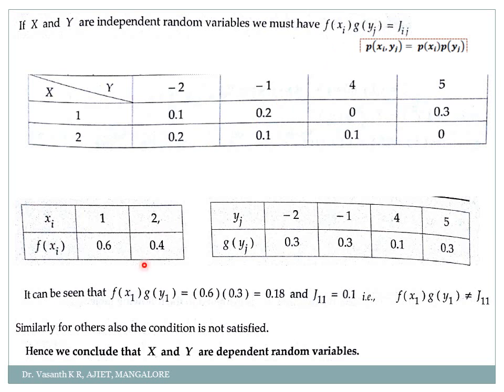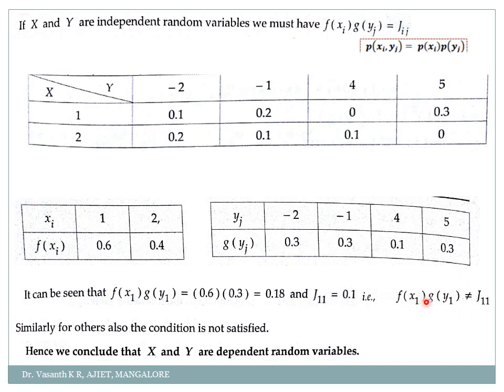Correct? So just check here. I have written the table just for my reference, my dear students, but in the exam this table will already be there. Correct? Initially only it will be there. Now it can be seen that the first value you check here, 0.6 into 0.3, that is your P of xi into P of yi. 0.6 into 0.3 is equal to how much? 0.18. Is it same as P of xi yi, that is this value? No. P of x1 y1 is 0.1. Correct? So probability of xi into probability of yj, that is 0.6 into 0.3, is equal to 0.18. It is not equal to 0.1.